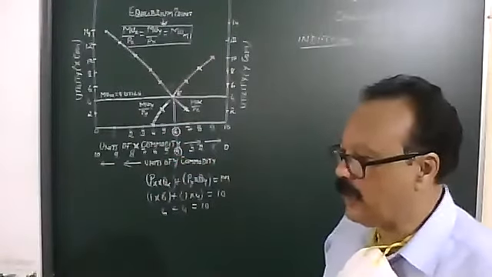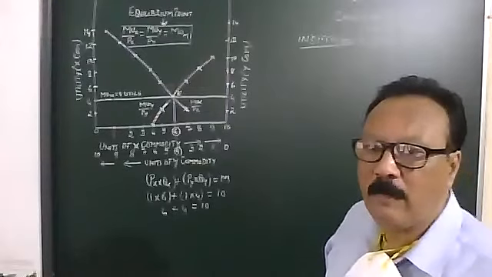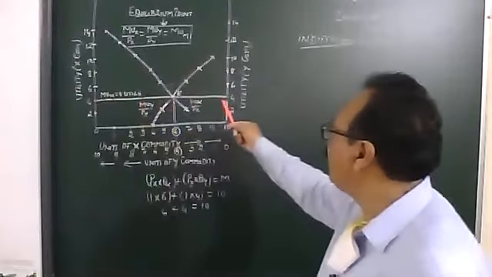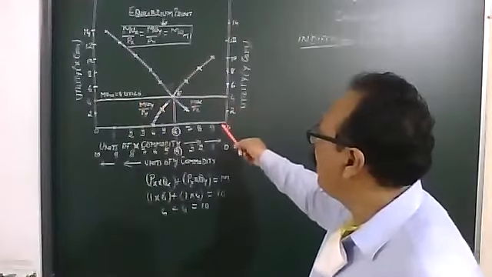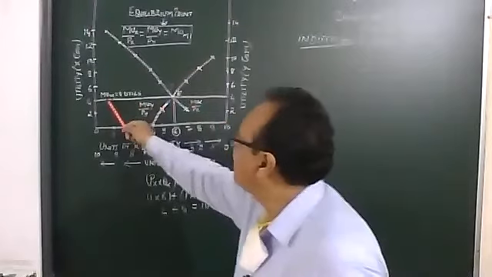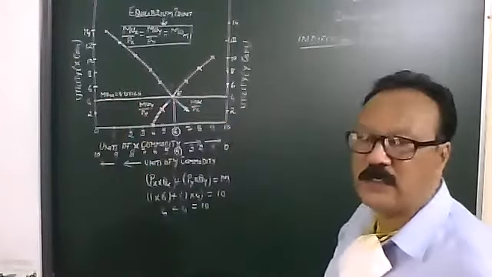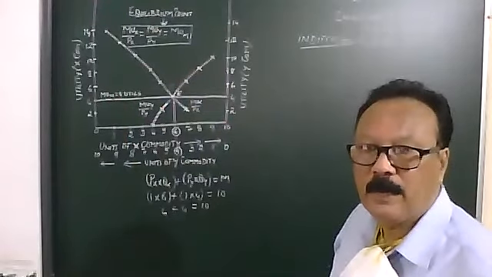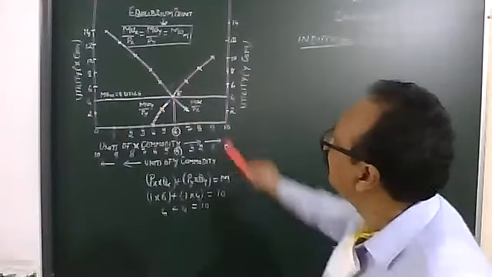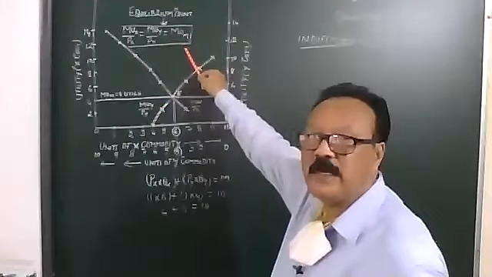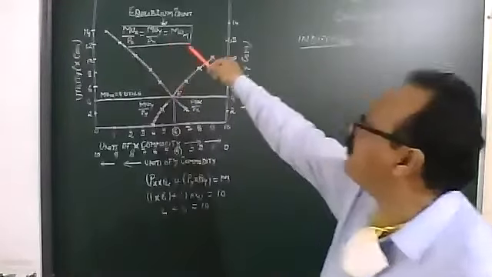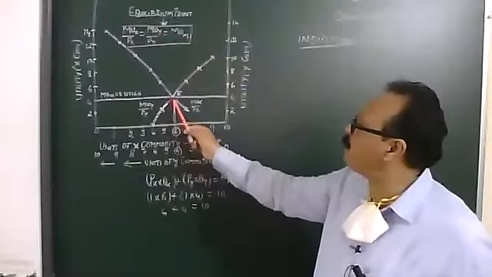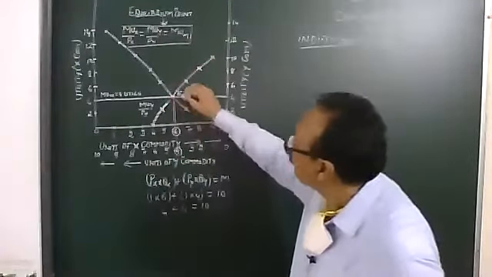Meanwhile, your question says the marginal utility of money, or MUM, is 4. So this 4 and this 4 join a straight horizontal line parallel to the x-axis, and call this MUM is equal to 4 utils. This is given in the question. This is important because this is the first condition which has to be met. MUX upon PX is equal to MUY upon PY must equal MUM. So they must all meet here.